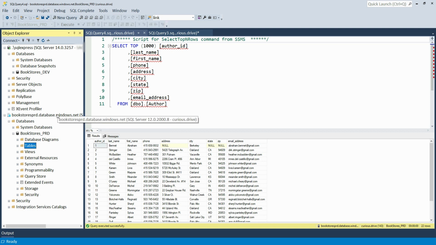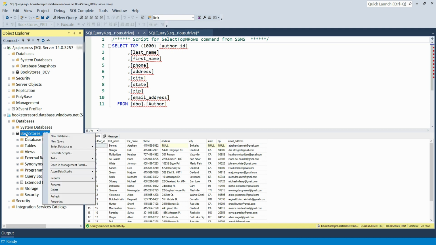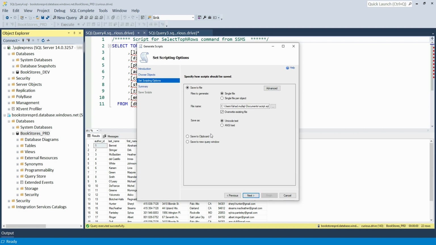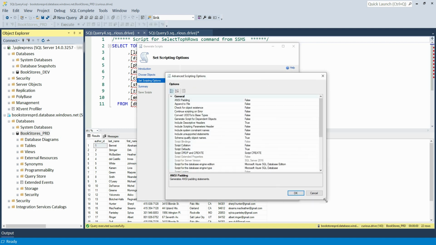And the same thing you can do if you want to get the data from your production and put it in your SQL Express database. For doing that, you can just right click on your production database, generate script, and I'm going to select only tables, go next. Here I'm going to say save it to new query window, go to advanced, and